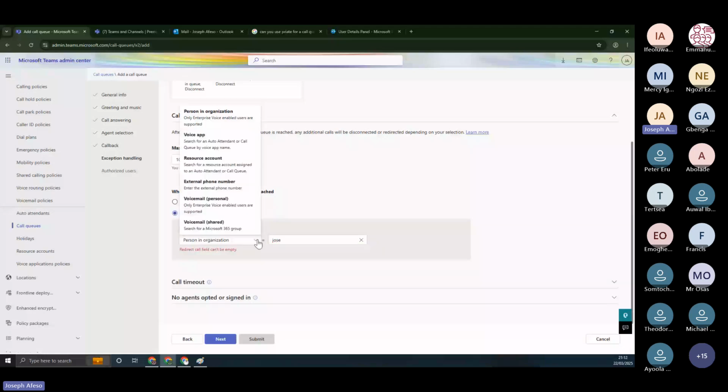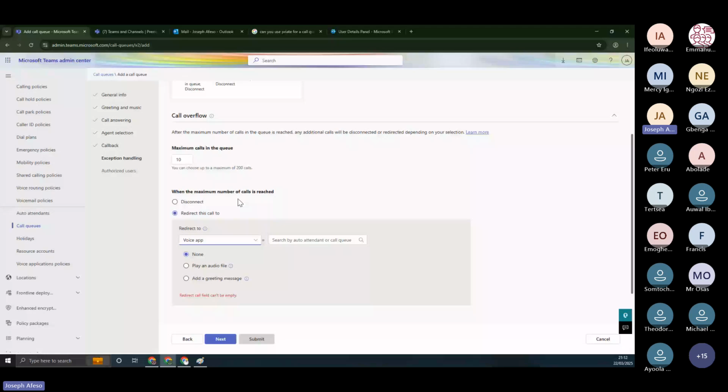what I would do is pick a voice app option. What it means is that I'll have to look for another call queue, and when the calls reach 10, the 11th call is going to be routed to another call queue within the organization. Or do I just want it so that once the 10th call is there, the 11th person calling should be disconnected? This is a very bad setup,